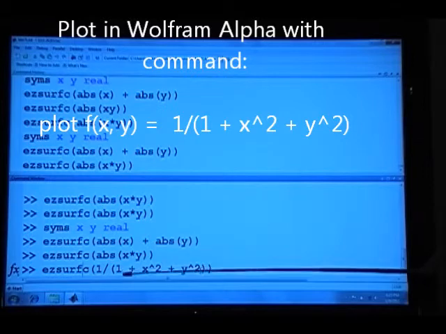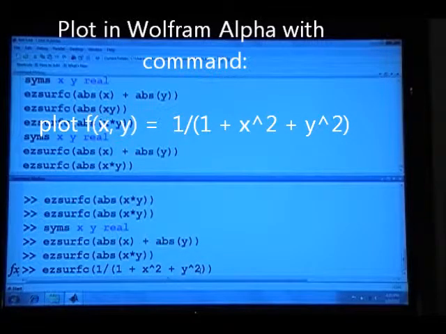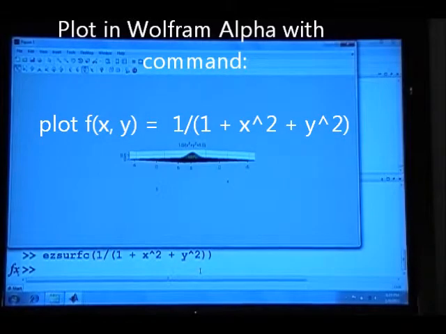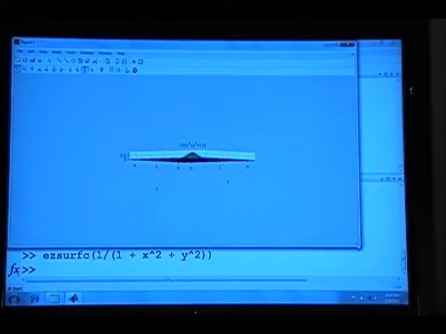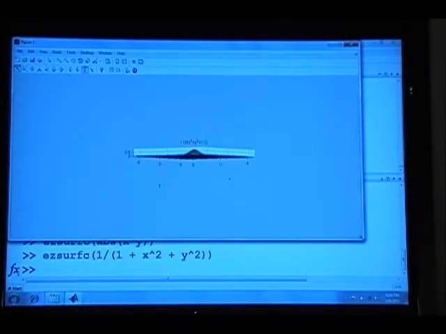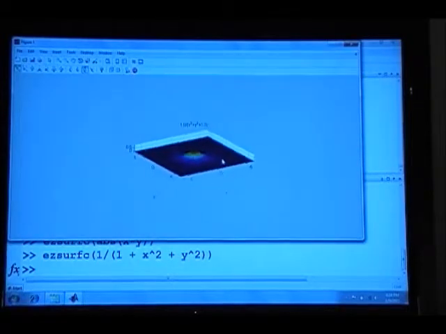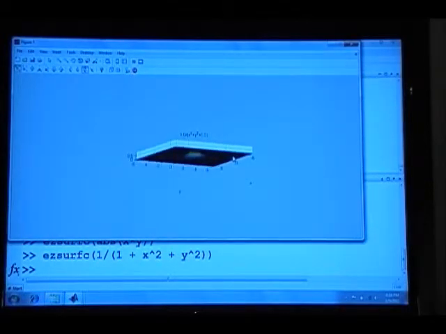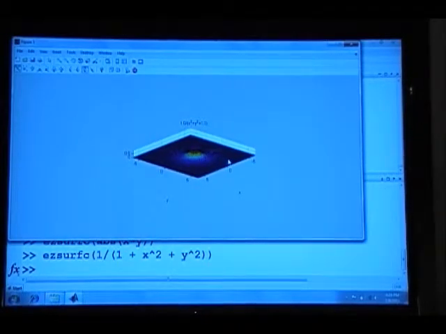So 1 divided by 1 plus x squared plus y squared. Double check our syntax, give it a chance to plot it, and here we see the plot, and that's a little hard to see. It looks like a little bit of a mountain, but a lot of times you can grab it and you can adjust the perspective a little bit and see, yeah, that's probably Roman numeral 1 in